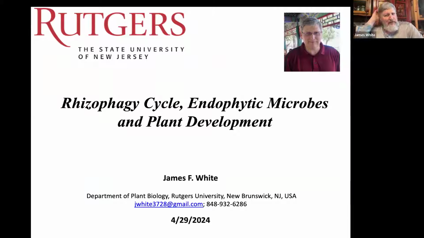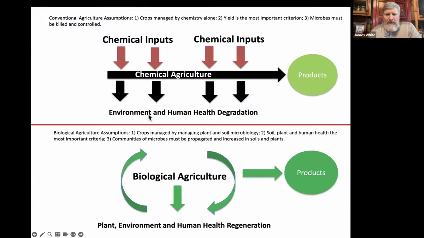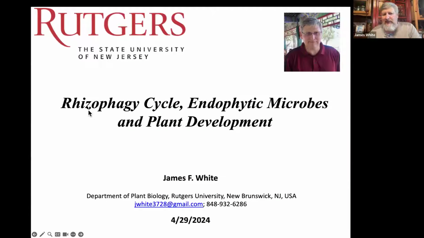Okay, so what I'm going to talk about is a number of things. Give some basic information about how plants use soil microbes and in this case, algae, green algae. But the process, you can see the title here. I'm going to talk about the rhizophagy cycle. Rhizophagy is basically a term that refers to root eating, root phagy. This is the process whereby plants will absorb microbes into the root cells and